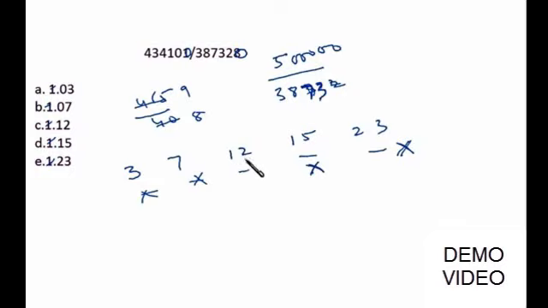So we are left with 12 only. This is the correct option because 10 times of this will be 3,80,000 and 2 times of this will be around 76,000, right? So 12 times of this data will be approximately between 4,50,000 and 4,80,000, right? So this is the correct option because this is eliminated, this is eliminated, right? So this way you can arrive at the correct answers.